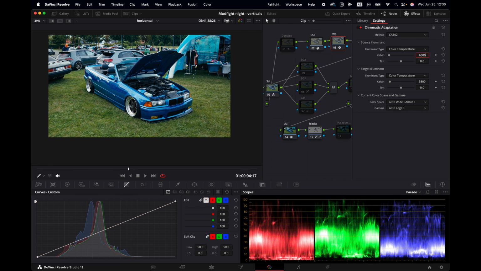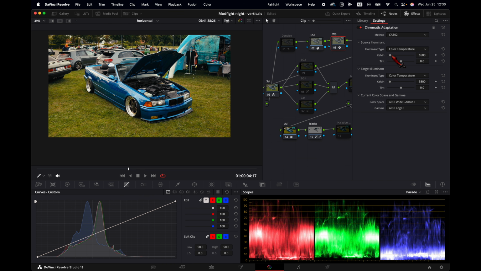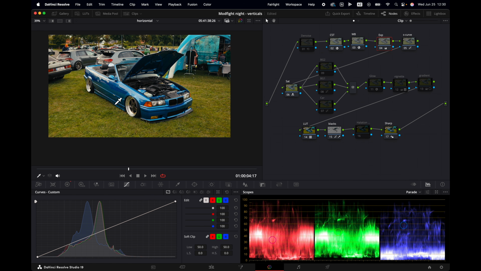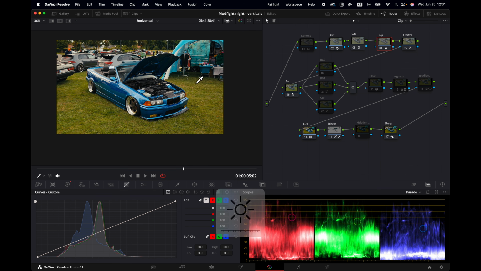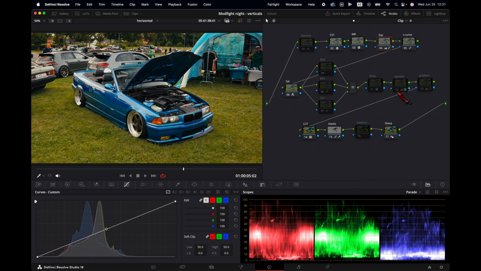We shot this shot at 6500 kelvins. It was sunny. If you want your image to look warmer, you can always drag this Kelvin up, but for me 6500 is good. Or if you want it colder, you can always drag it down. For now, I'm gonna keep it at 6500. Then we hop over to the exposure node, and then I just look at my image and see what I want to change. But for now, I'm gonna keep it like this because I have here my vignette,